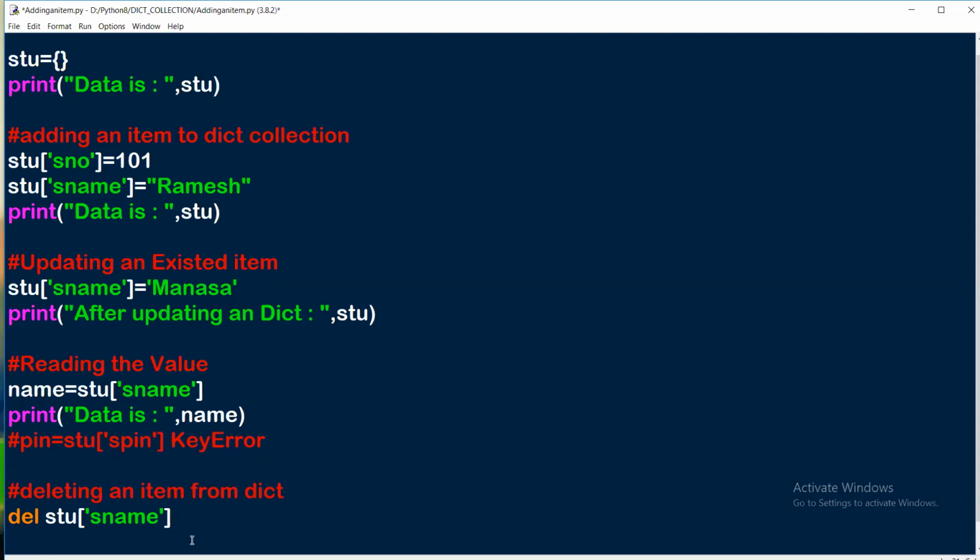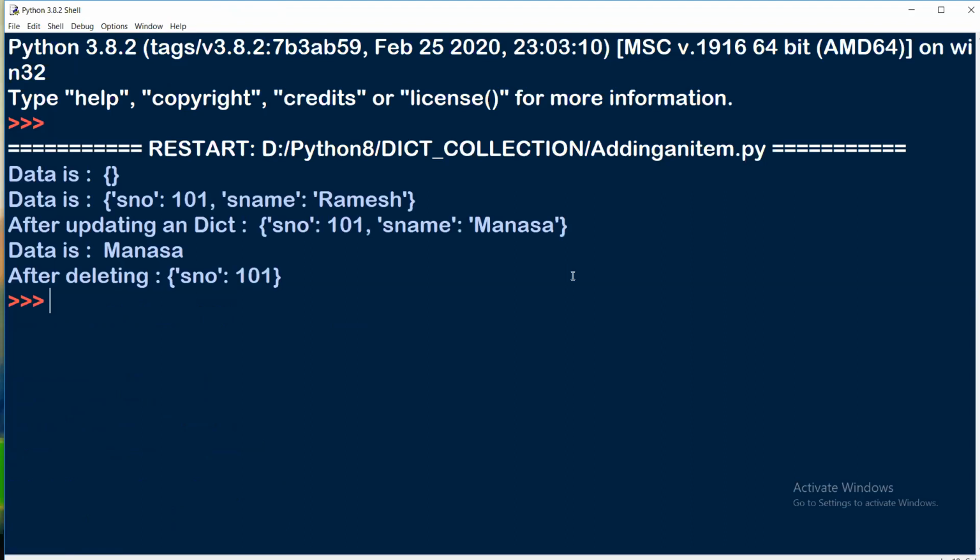If you want, you can check: after deleting, I want to display the dictionary student. Control S for save, go to the run menu and click run module. You can see that the particular item is deleted. So yes name is the item which is deleted from the dictionary collection.